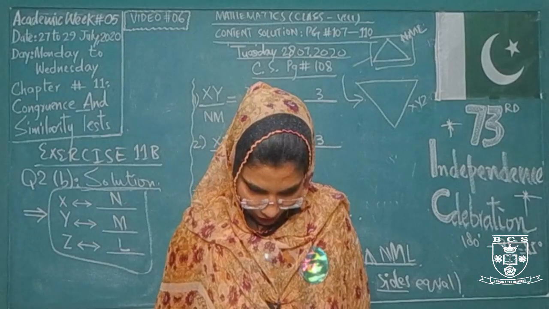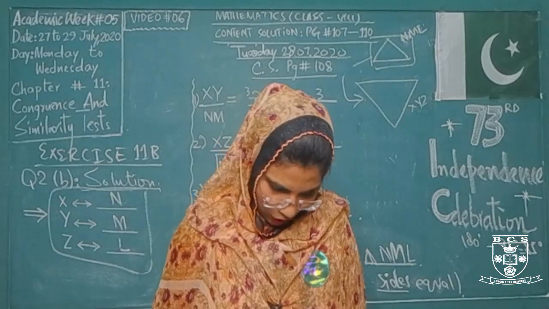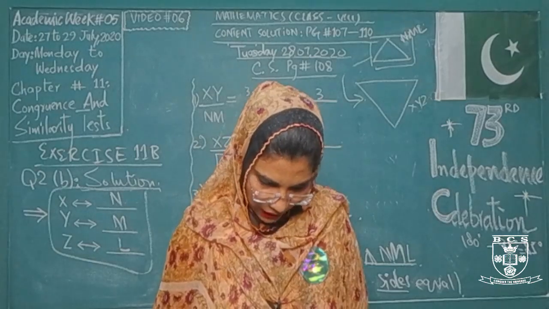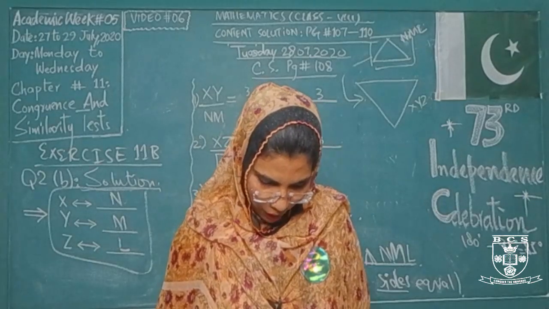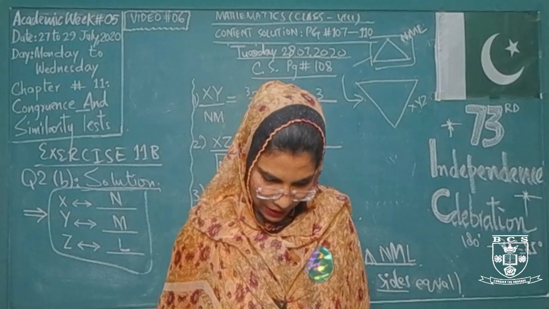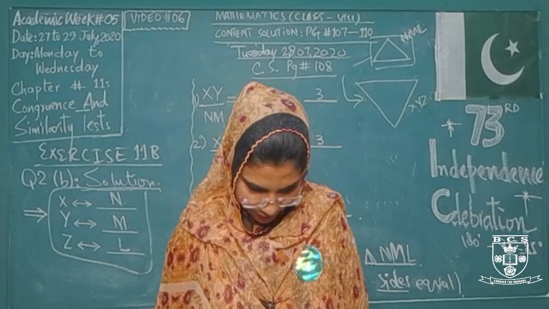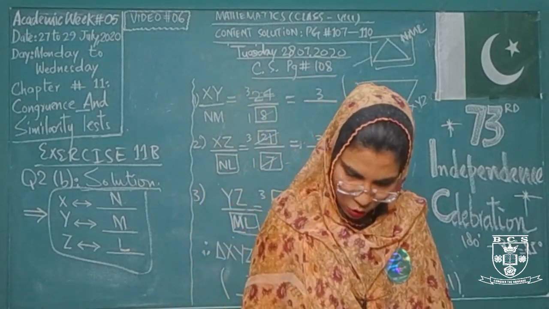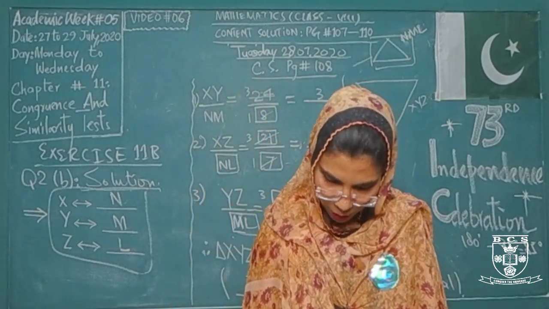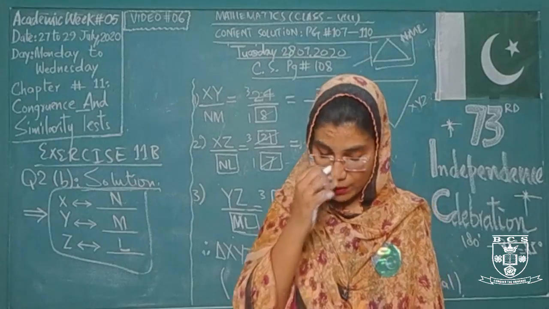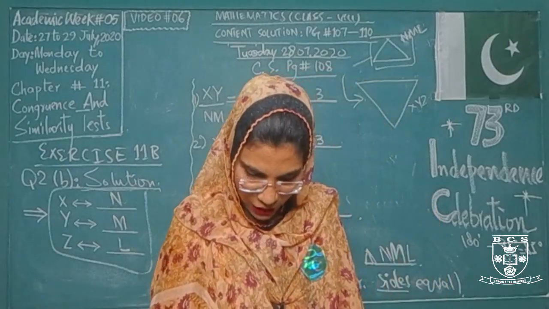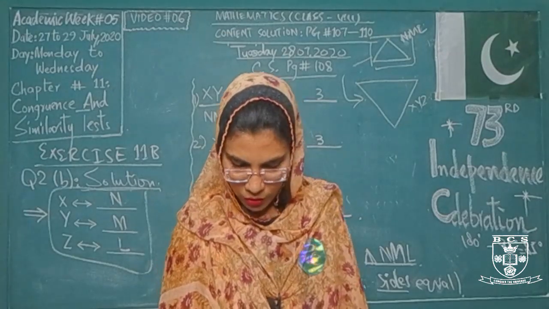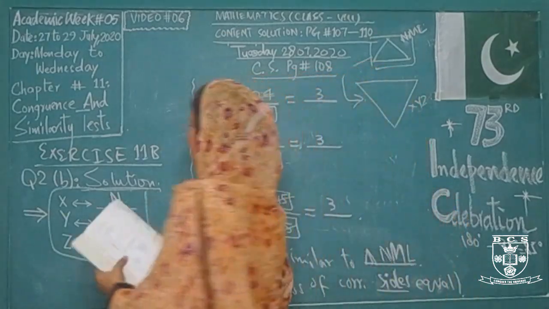So in question number 4, we are having 4 different parts, and we will solve question number 4 part A and part C on the board. In question number 4 part A, you are having a triangle ABC and triangle EDC. So for solving this question, we will repeat the same steps of question number 2. In question number 2, some steps were given and some of the figures of the solution were missing. But in question number 4, we will work for the whole question ourselves.